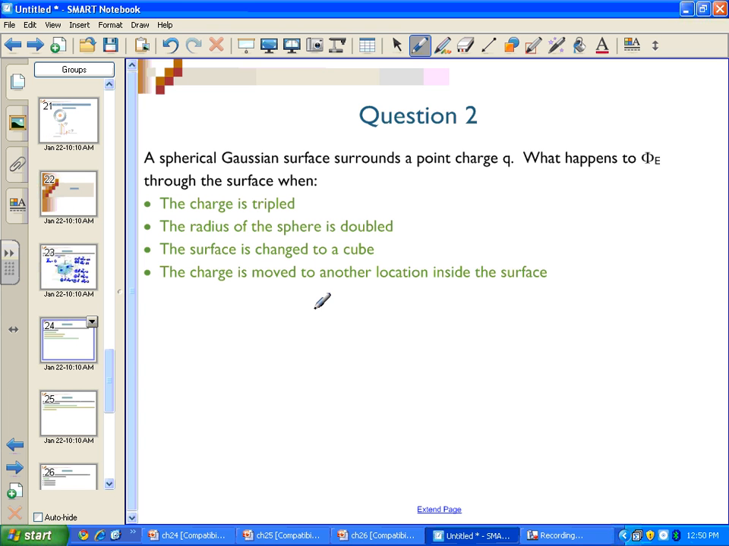Here we're told there is a Gaussian surface which is a sphere and it surrounds a point charge. We're asked to determine what will be the value of the electric flux when the following changes are made. So let's go ahead and draw our Gaussian surface with a charge inside, which of course we know, therefore there will be an electric field which is radially outward cutting through the Gaussian surface, and therefore we will have